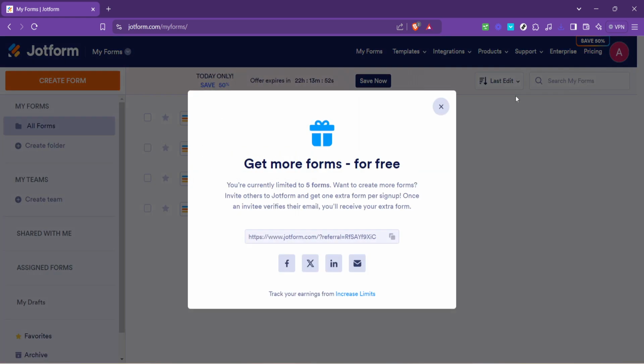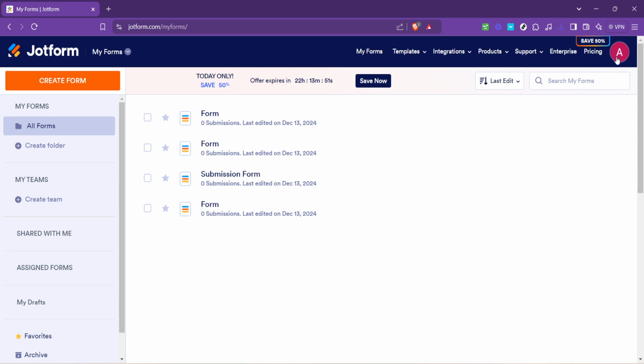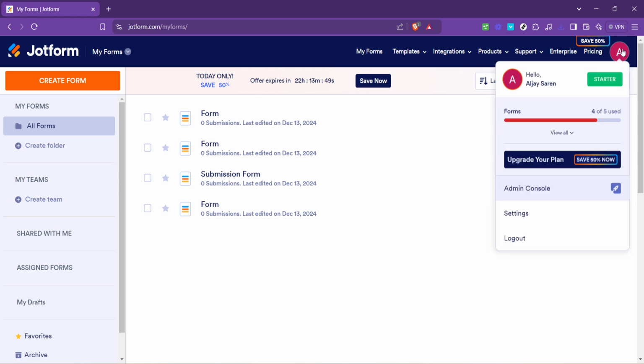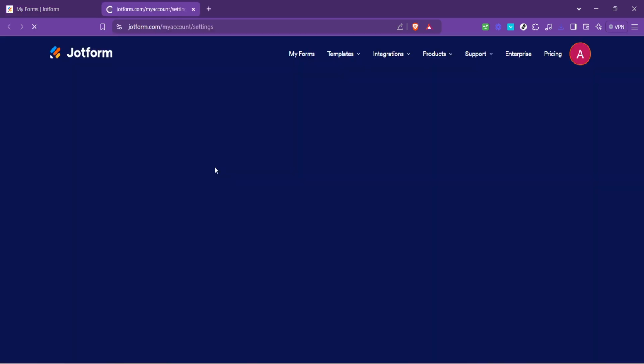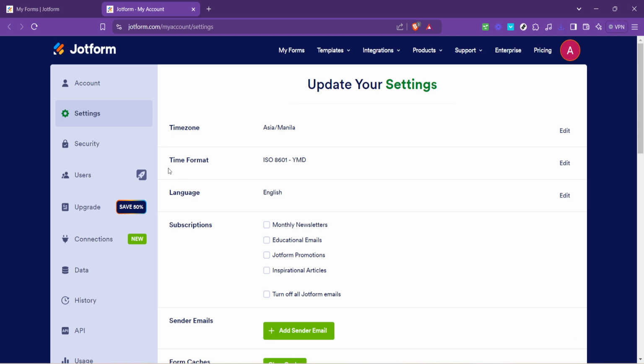In the top right corner of the My Forms page, you'll find your profile icon. Clicking this icon reveals several options, including your account settings. Go ahead and click on Settings to proceed to the next step. This area of your account is the control center for various configurations and preferences, letting you customize your Jotform experience